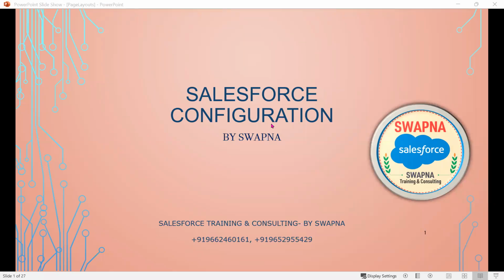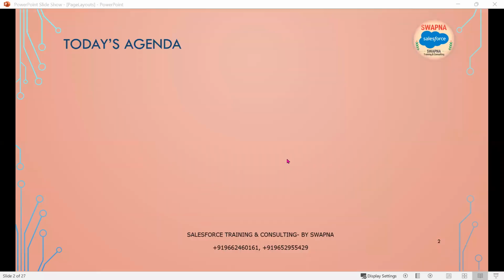Hi everyone. Today we will see the page layouts and data loader. So today's agenda is we'll go through the page layouts. What is the page layout? How to set up the page layout, and we'll have a homework and we'll talk about the data loader setup,